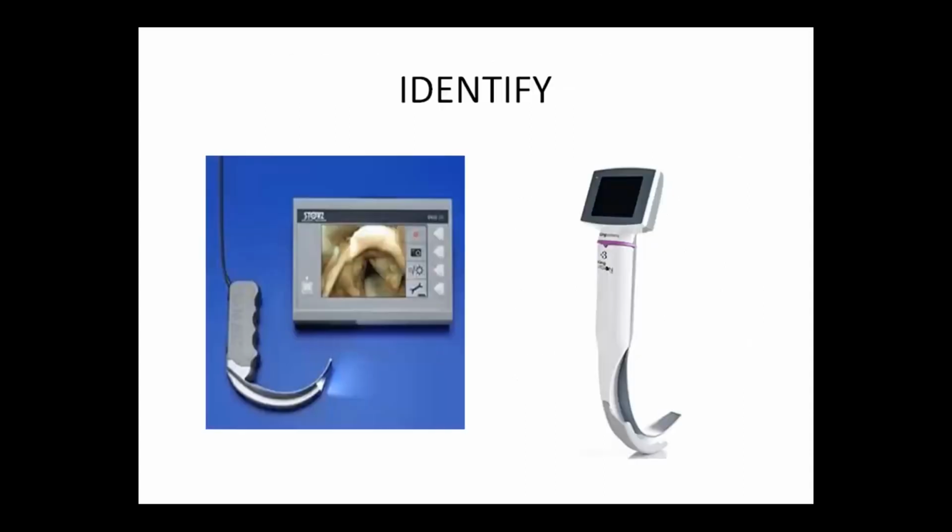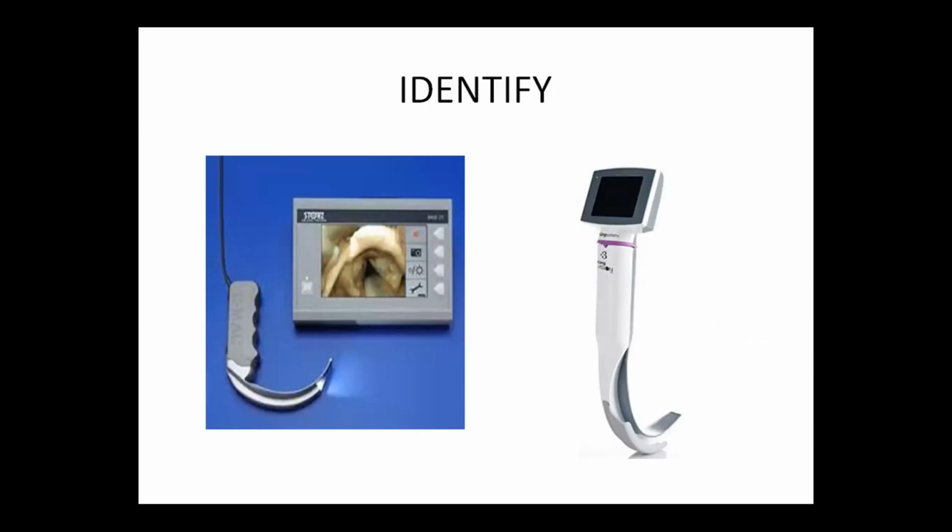Now, another thing which is very common nowadays, and I think in good institutions or in medical colleges, they will be on the table, are the video laryngoscopes. In the COVID era, we are very commonly using them. So you should know what the indications are, that this is part of indirect laryngoscopy. What are the other video laryngoscopes? At least you should name them.